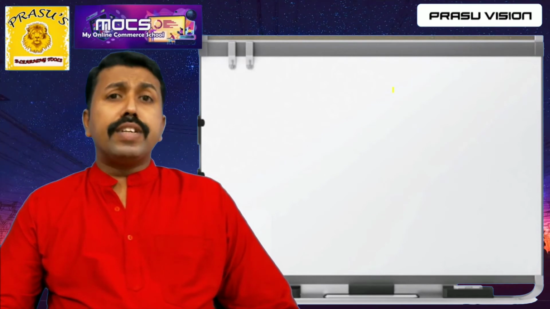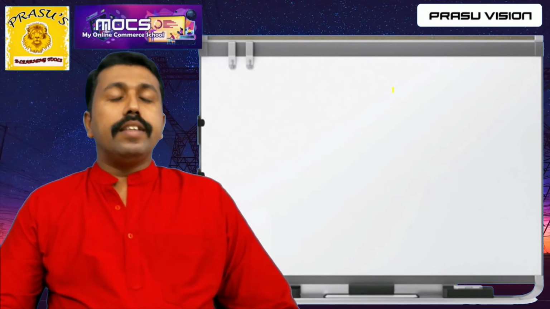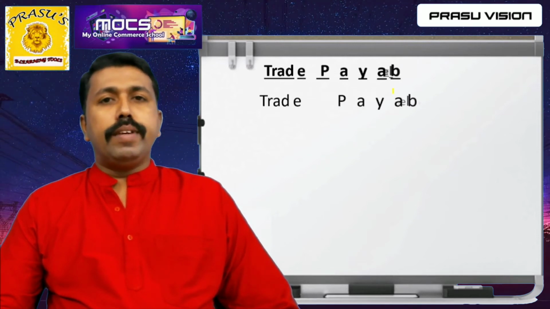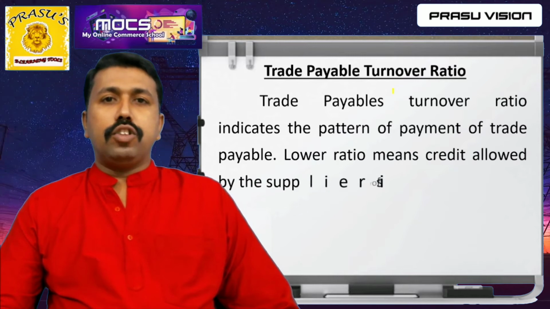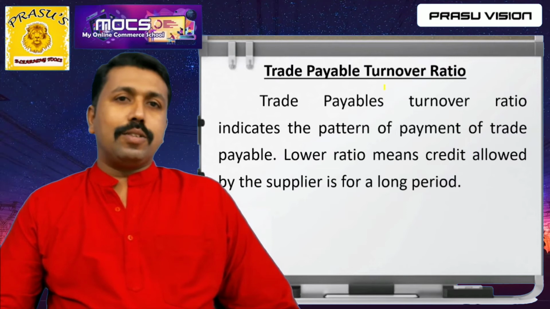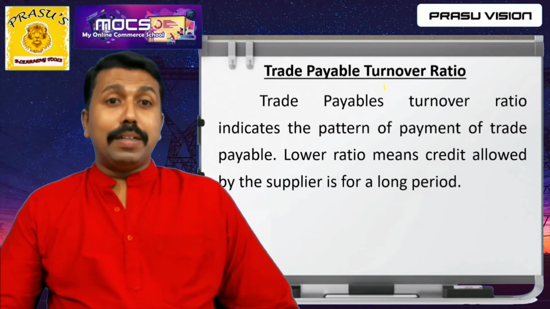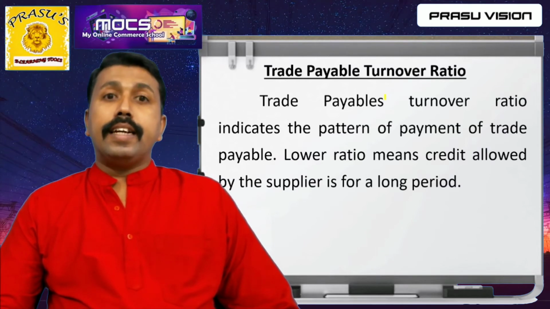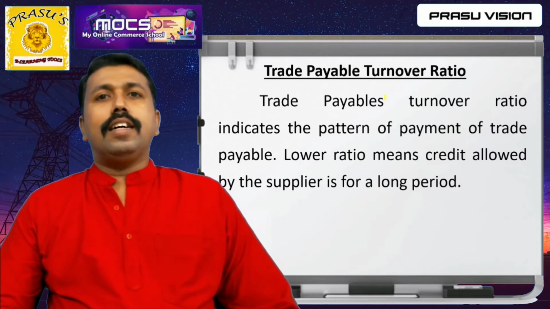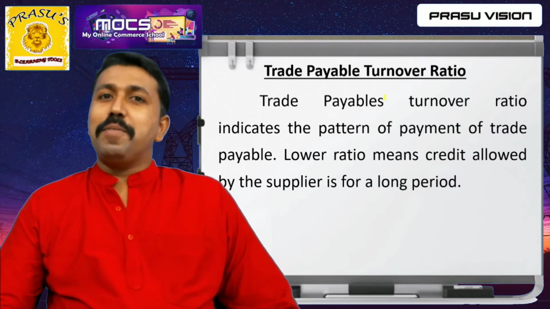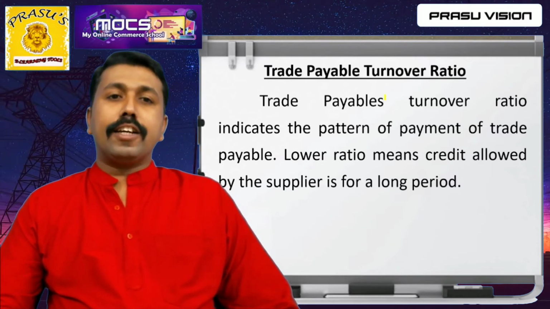So my dear students, every time we have to keep in mind the equations and the way of calculating the values. That is very, very important. Moving to another ratio in the activity or turnover ratios, that is trade payable turnover ratio. Just compare, in trade receivable turnover ratio we calculated how we can convert the credit revenue, how we can earn as early as possible. Here trade payable means how much time we take to pay the amount of liability related to credit purchase.